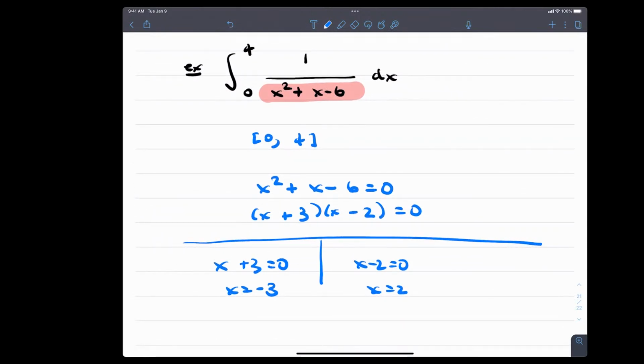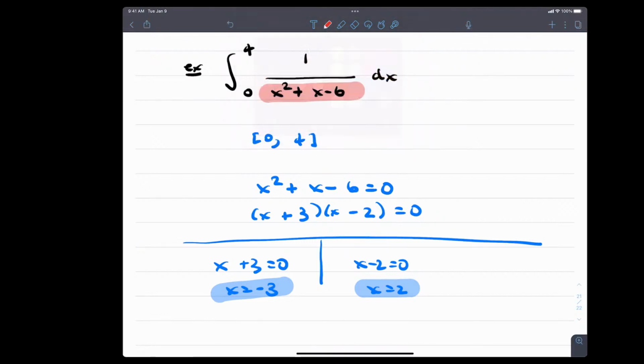Okay, so you got two values here, right? Which ones are, where's the vertical asymptotes? Anybody know? Well, it's at negative 3 and 2, but in the interval, so in other words, I get to